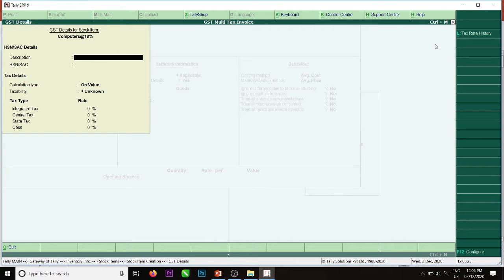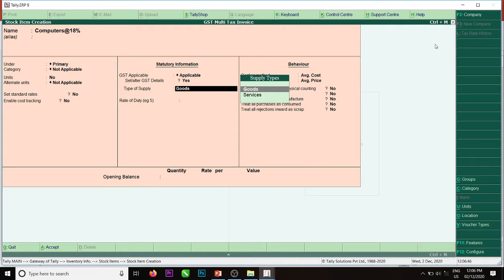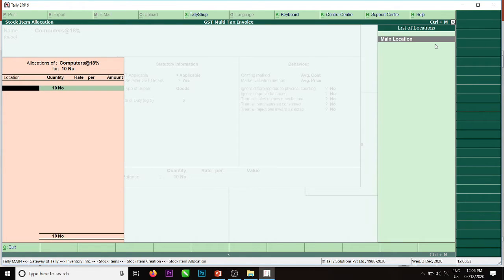Yes, desktop, unique number you can give. Tax is calculated on value. Computers are taxable at 18%, divided into 9 and 9. If any cess is there, that also we have to tax. So opening quantity, location 20,000.